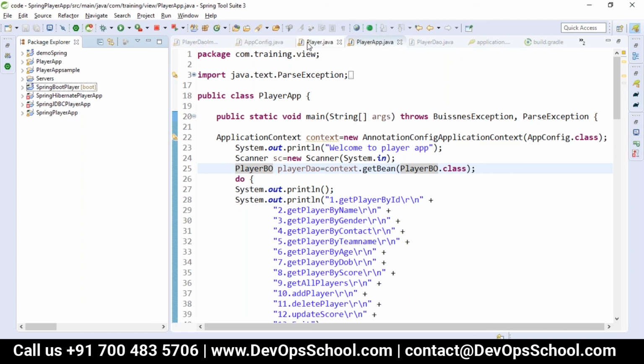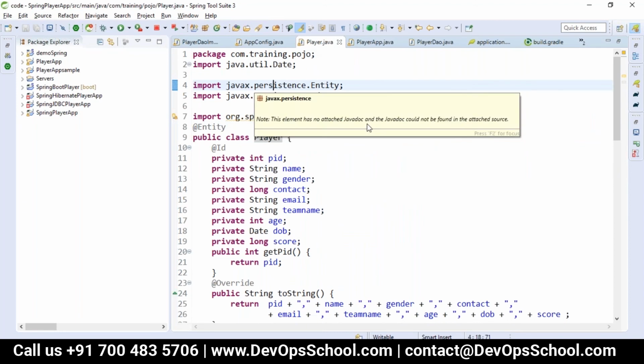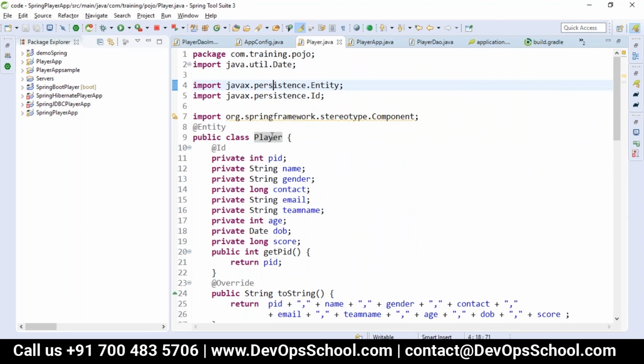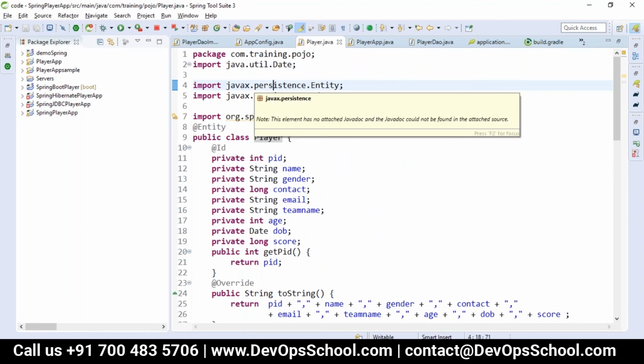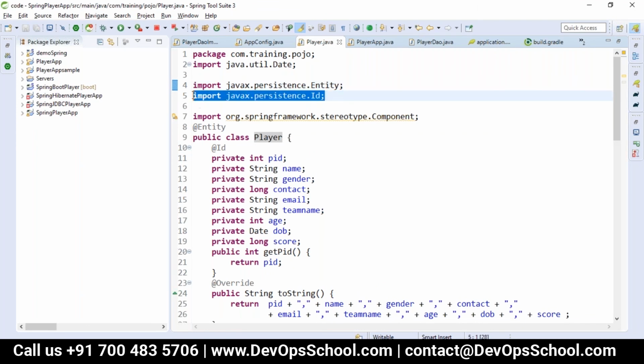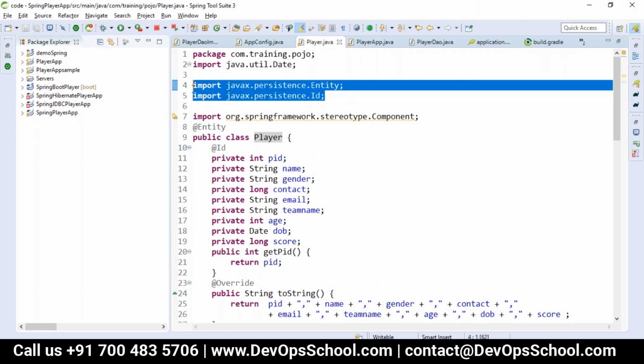Inside the player class, I have not imported the entity annotations of Hibernate. I have taken the Java Persistence API, that is javax.persistence entities. In the big picture of Hibernate, you have a small unit called JPA. In detail, I guess we'll discuss it in tomorrow's or the day after tomorrow's session.